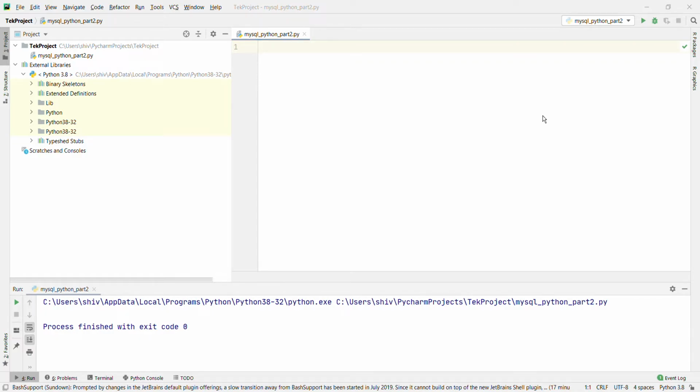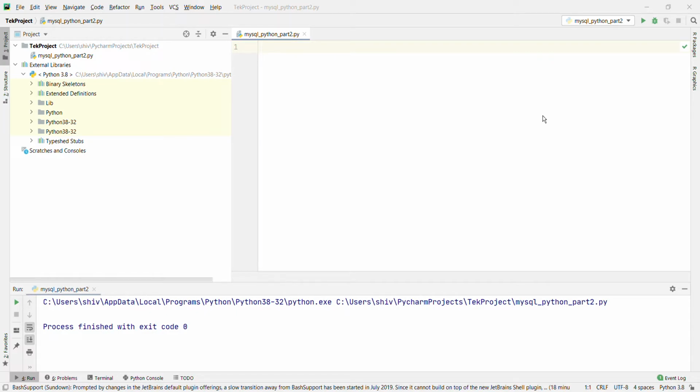In the last video, basically I covered how you are going to create a connection with MySQL, how you are going to create a database, how we are going to create a table, and how we are going to insert the data into the tables. In this video I will cover how we are going to select the database, how we are going to filter it, how we are going to order the data, and how we are going to delete the tables. Okay, let's start with that.